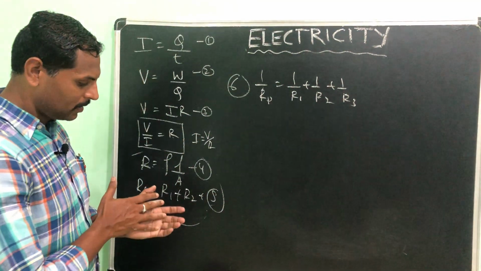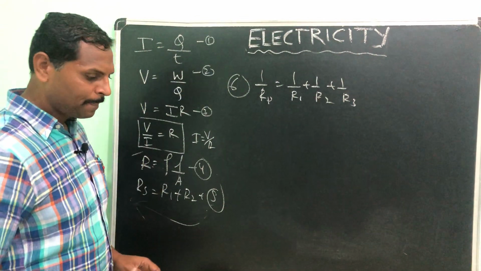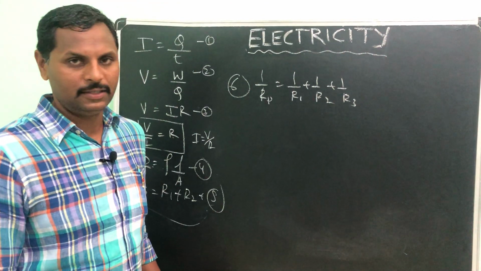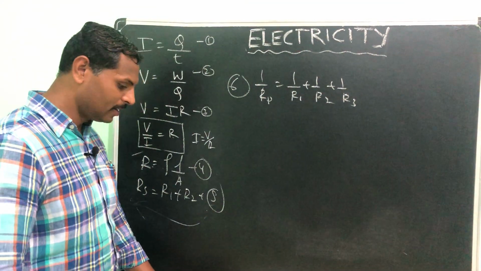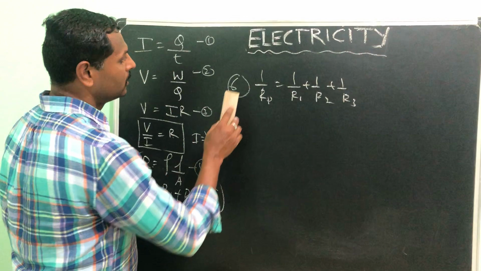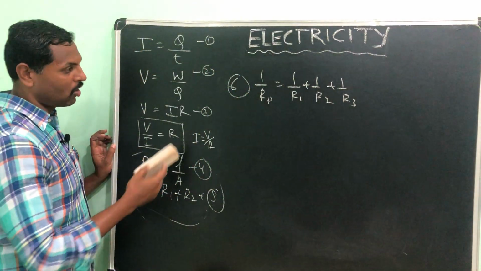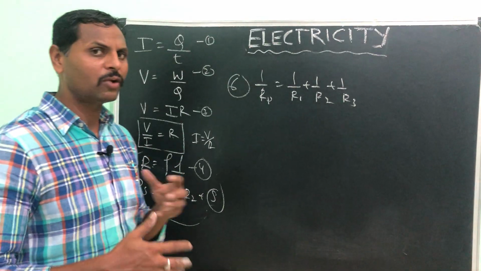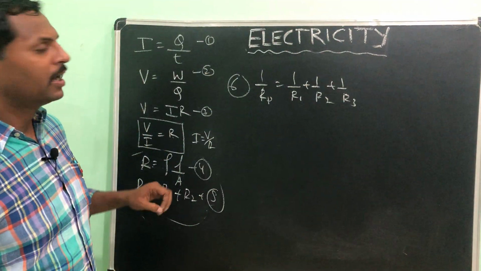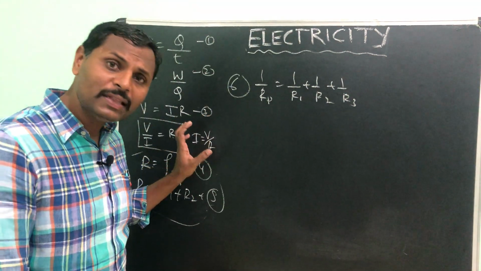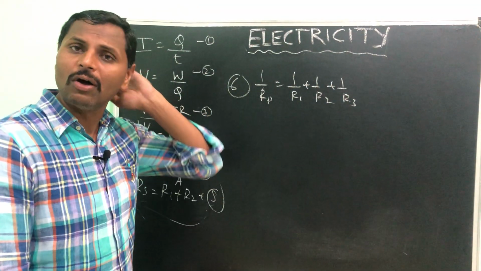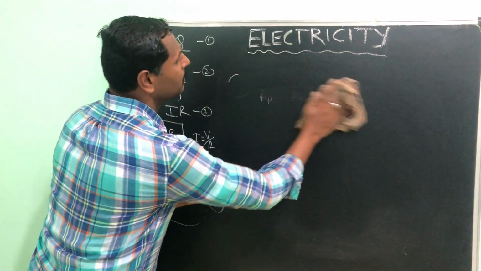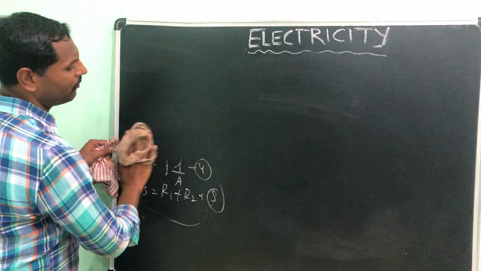Okay. All right then. So, next we will move on to the heating effect of electric current. Okay. Heating effect of electric current. These 6 points, 6 formulas, please note down, because all the numericals we are going to solve in this lesson, if you are thorough with the formulas, then you will very easily solve the numericals. Okay, right then. I will rub this. We will move on to the heating effect of electric current.